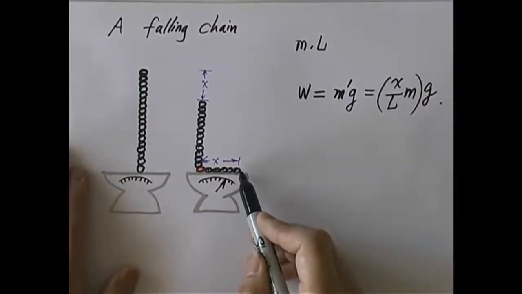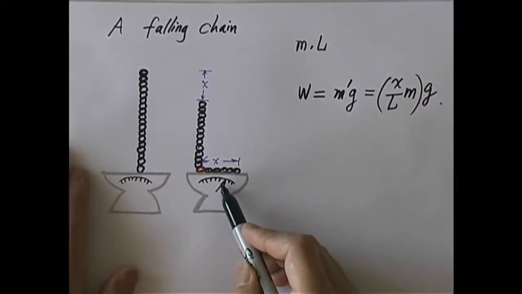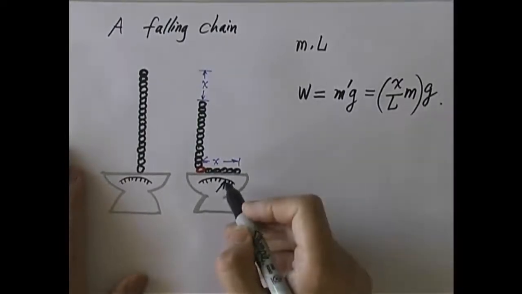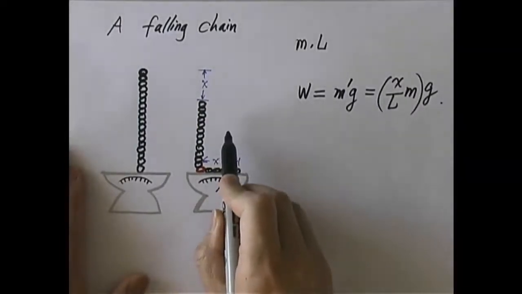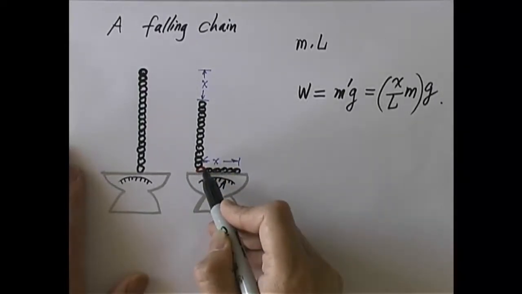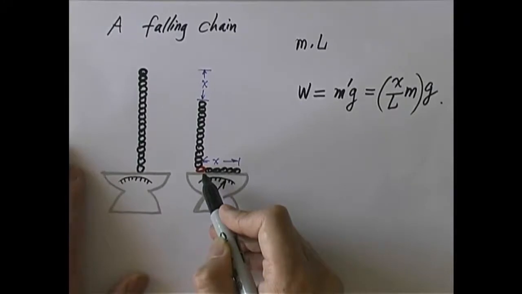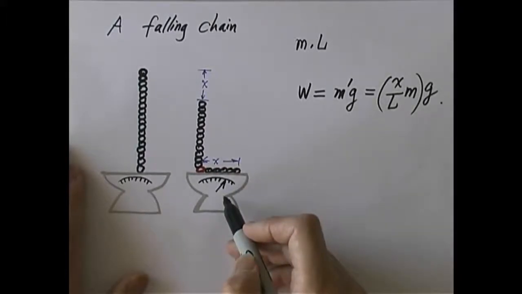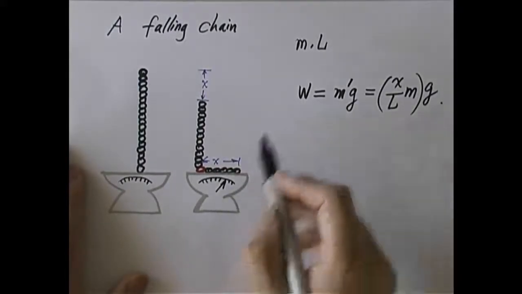Is it true that this is the reading? Well, that's only part of the reading, as a matter of fact. That's the interesting part. The other part comes from the fact that the scale has to give an upward impulse to slow down a certain segment of the chain that's falling onto it. This red segment that I highlighted was moving with a speed v, but a time dt later it is no longer moving. Somebody must give it an upward impulse to bring the speed down to 0 from v, and that upward impulse comes from the scale. So the scale has to supply an extra force beyond that.